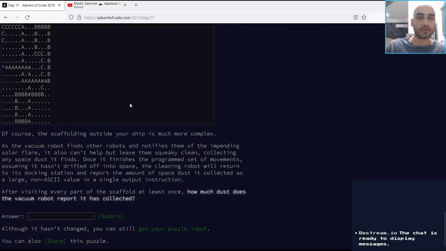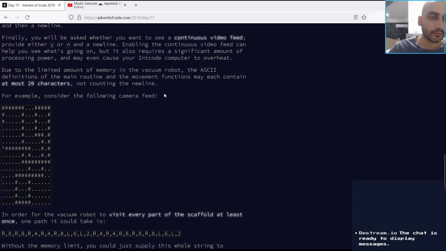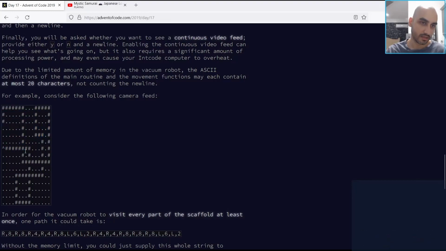Alright. So, yeah. Last time we were dealing with this part 2, or at least we had a look at part 2. So we end up with a snake-like thing like this. What we've got to do is find 3 sequences of commands, A, B, and C, such that we could describe this whole path using just A's and B's